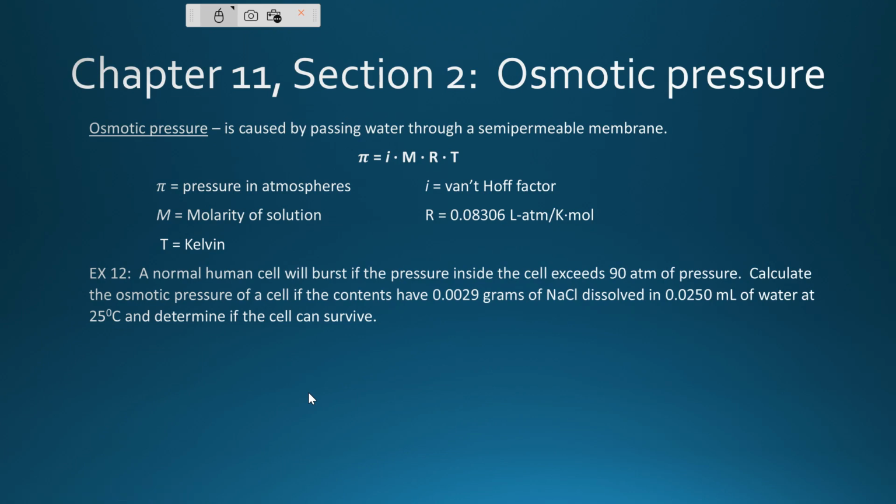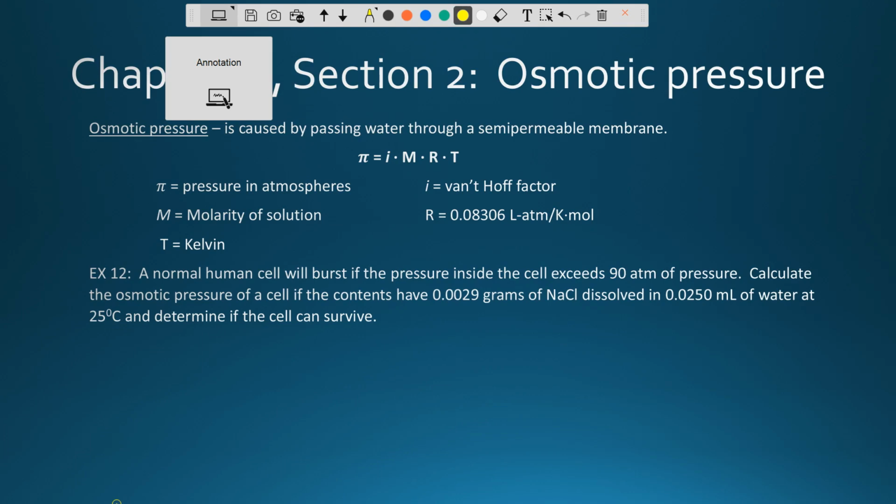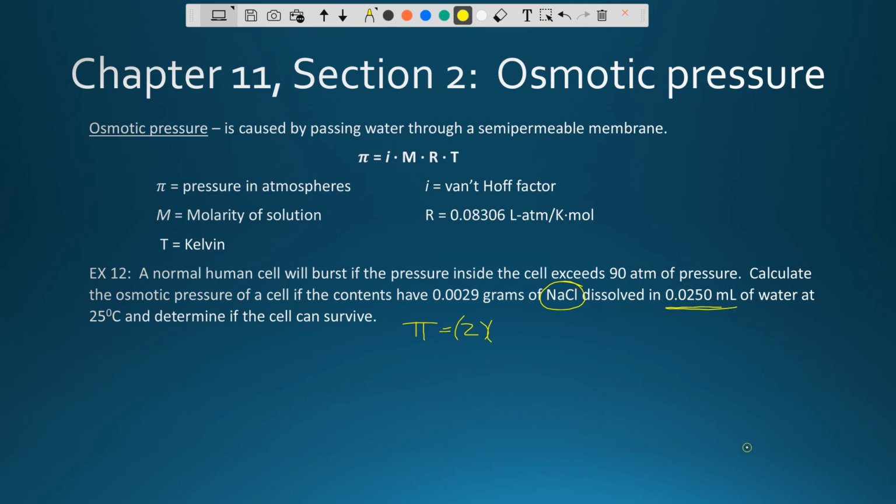and what that would be. And let's take a look at an example in like an anatomy class or a medical class where we have to figure out if the red blood cell is going to be able to survive. All right, so we want to know the pressure of this particular problem, and I have to pull it apart a little bit because my van 't Hoff factor, I have 2 particles here. Okay, my molarity of solution. All right, so I need to figure out, I have this much water, and I have this many grams of sodium chloride. So let's convert my 0.0029 grams of sodium chloride,